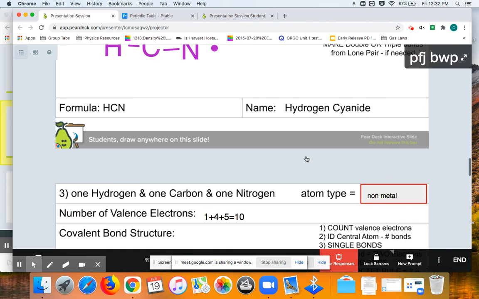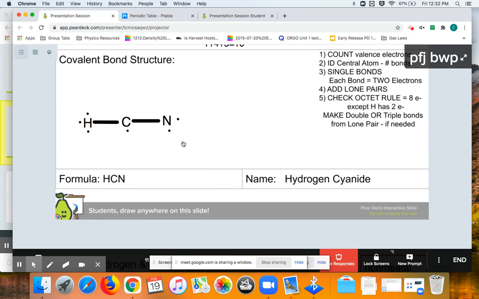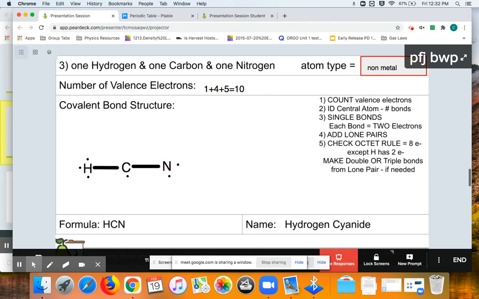Can I get a 10? I'm going to keep scrolling just to see if anybody's there yet. 1, 2, 3, 4, 5, 6, 7, 8, 9, 10. This person has 10. Love it. After you have them all added, so you have 10 drawn because you needed 10, you need to check your